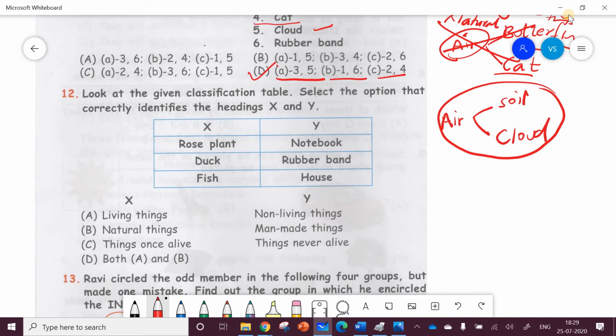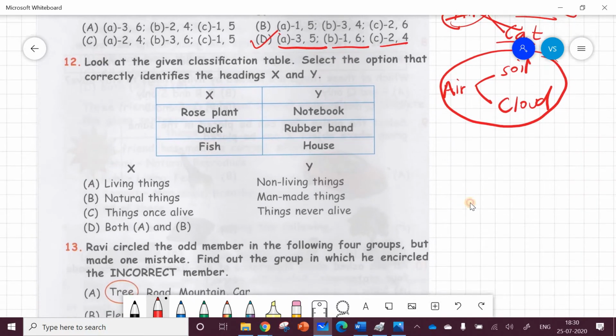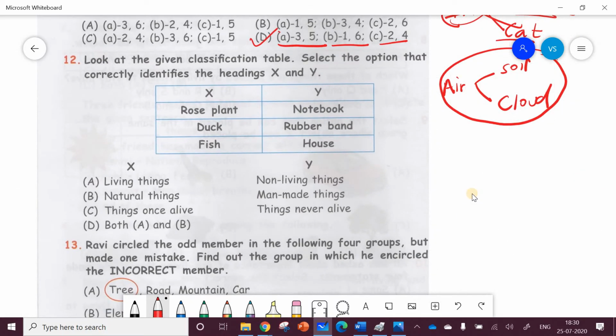So whenever they give you any living or non-living things example, first of all, you need to categorize in your mind whether that thing itself is living or non-living. Once you have identified that, if it's non-living, then you have to further think whether it is natural or man-made. Because this is the type of demarcation that they will give. This is all explained in detail in the previous video if you have seen, where we have shown question number 1 to 10. Let's go to question number 12 now.